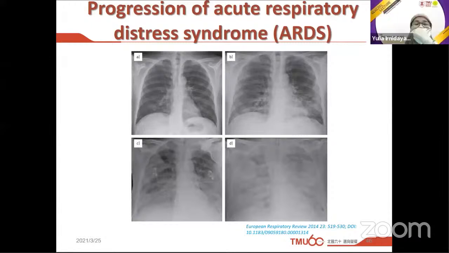In figure C, you can see white spots, and later on you call them white lung. Okay, this progression